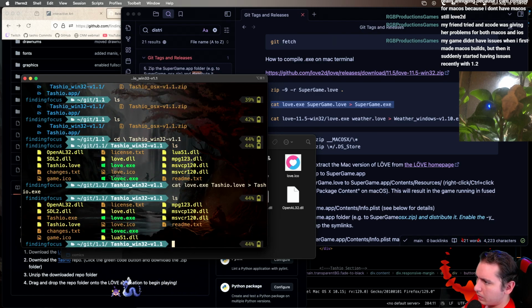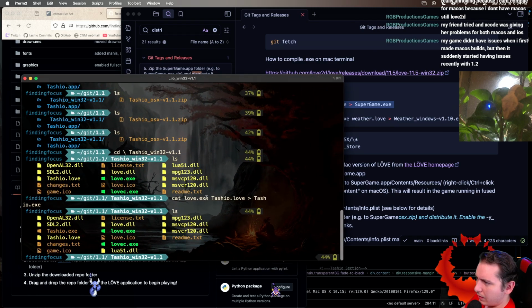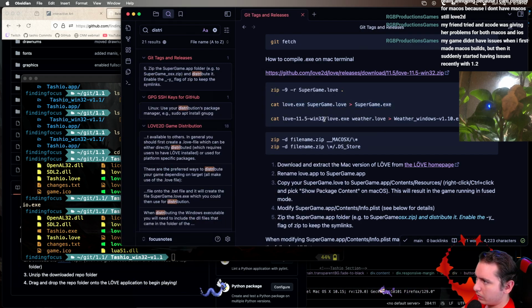Okay. So now I don't see that it worked. I don't know what cat 2 files even does. Oh. We do have a Tashio exe. Okay. Cool. So let's go out into this folder, and then we'll cat that exe. Okay, so this is the same command, but